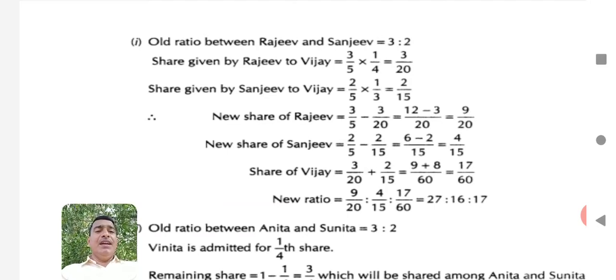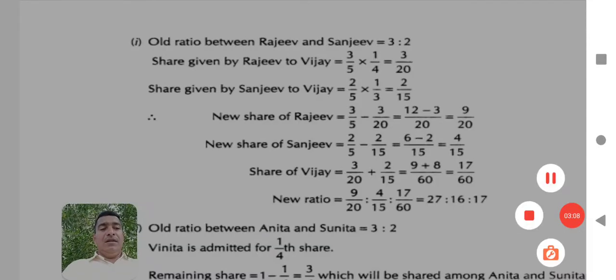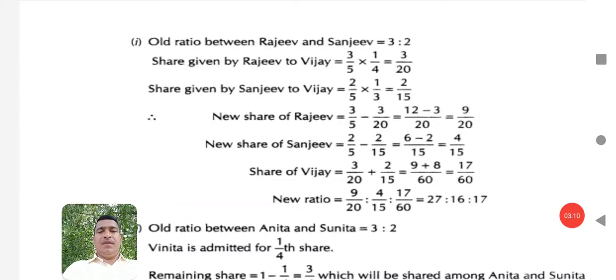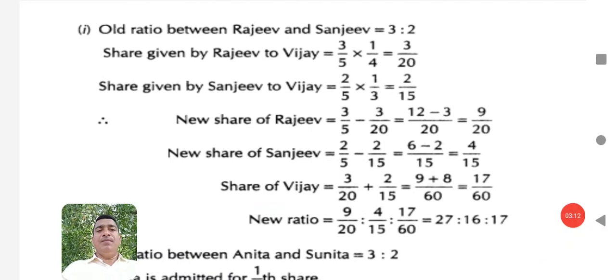That means out of 3/5 profit, what Rajiv has, he is giving 1/4 share to Vijay. That means 3/5 multiplied by 1/4 is equal to 3/20, which is the sacrifice made by Rajiv to Vijay. Then the share given by Sanjeev to Vijay will be Sanjeev's share, that means 2/5 into his contribution, that is 1/3,